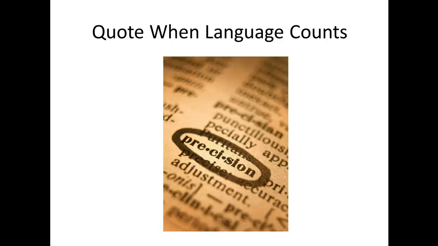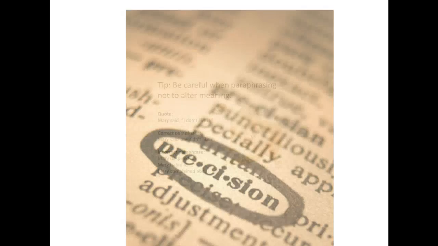In my example in the theoretical lecture this week, if I said the sky is blue, I don't think that's language that needs to be exactly captured in that way. It could be paraphrased. But if I said something that was very dramatic, the word choices mattered, then it would be worth quoting exactly in the language that I used.